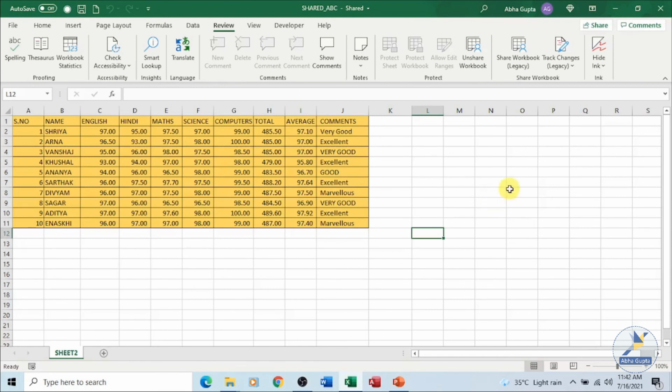Plus we have also seen, if we do not have the compare and merge workbook command available, how we can add it to the quick access toolbar, or we can always add it to any of the tabs. In part 16 we will see, if we have a workbook with us, how we can add comments and how we can edit and delete those comments which we have added on a worksheet data.